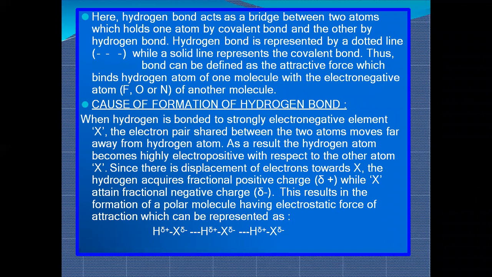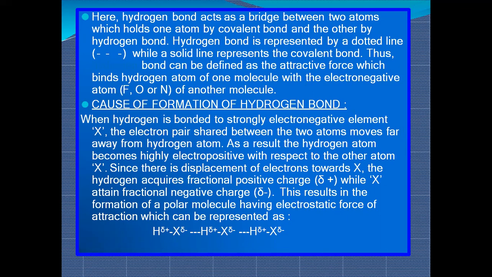If fluorine is highly electronegative and hydrogen is attached to it, the electron influence will shift more towards the electronegative atom. It means that it is making it more electronegative, which ultimately makes hydrogen more electropositive. So that is why on the electropositive atom we mention delta positive, which shows a partial positive charge, meaning a slight positive charge, and delta negative means a partial negative charge, a slight increase in the negative charge.